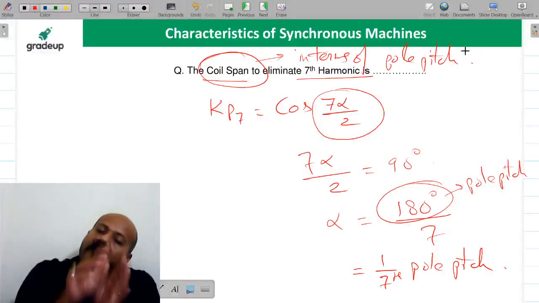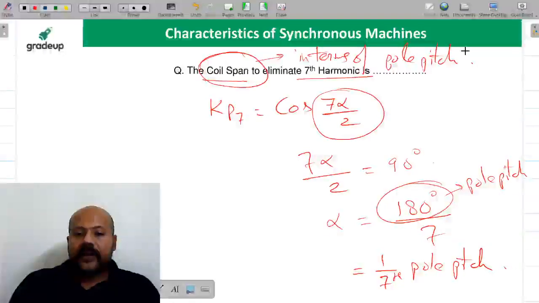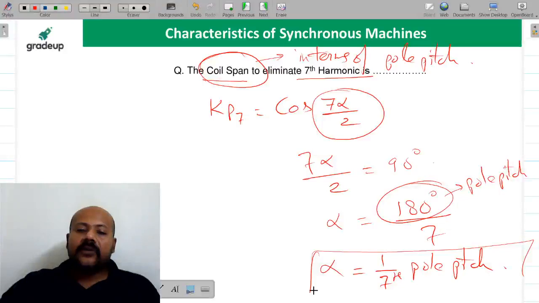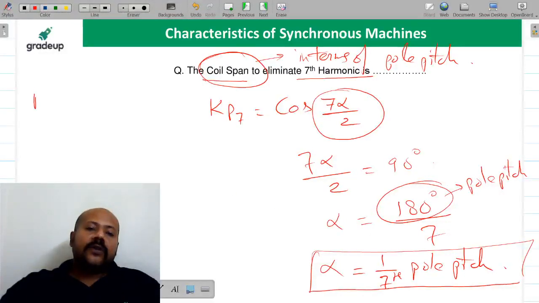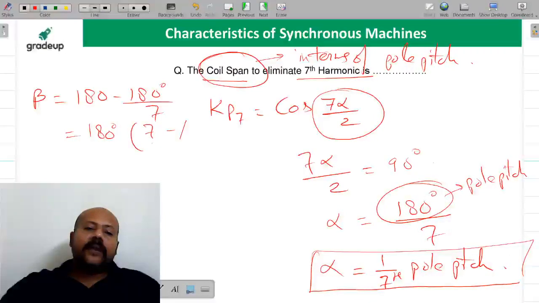Because pole pitch is always 180 degree electrical. So your alpha, that is the chording angle, is going to be 1/7 of the pole pitch. So what is the coil span? Coil span is 180 degree minus 180 degree upon 7, or you can say 180 degree times 7 minus 1 upon 7,